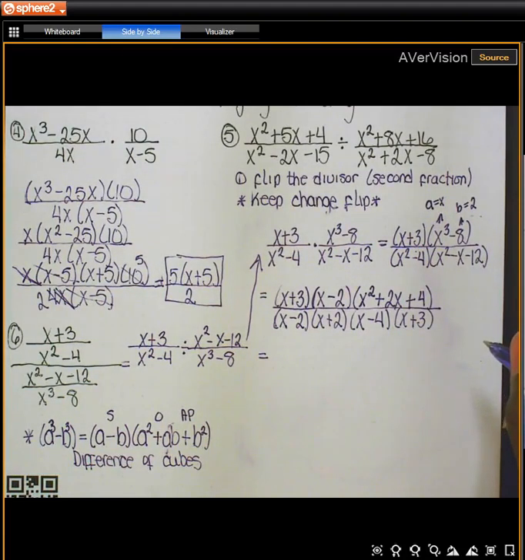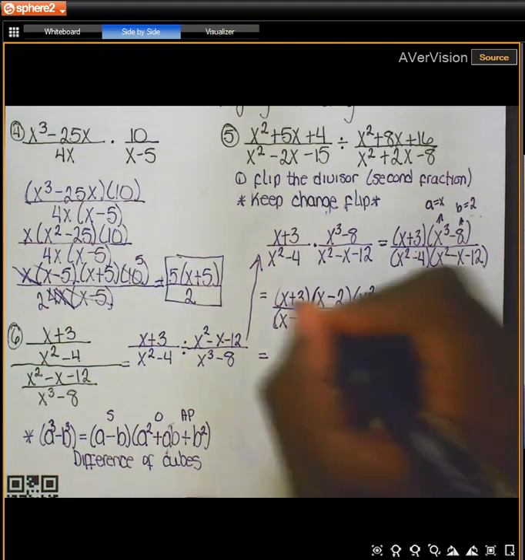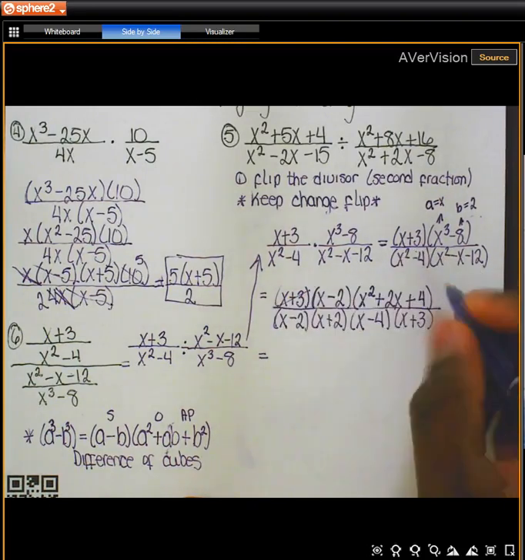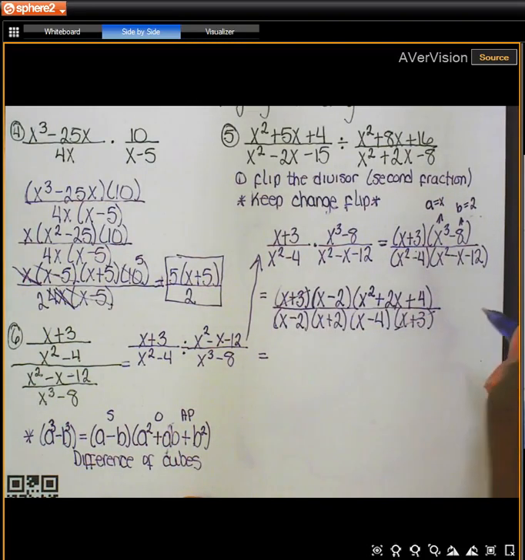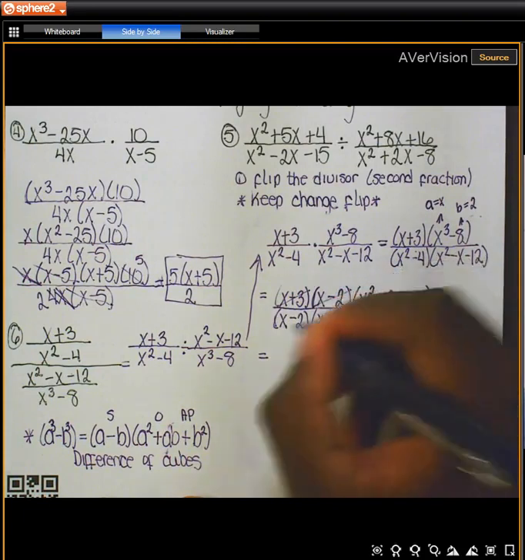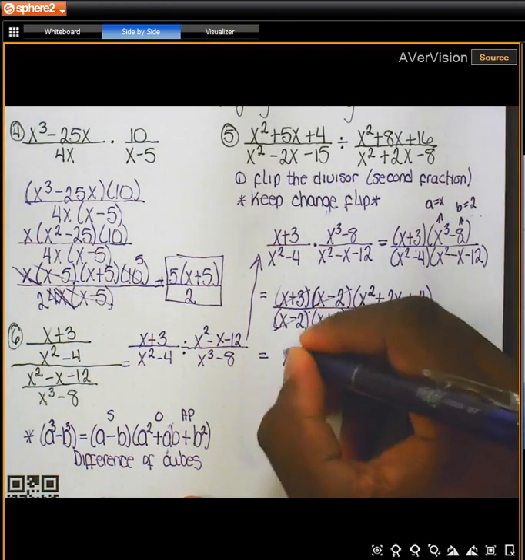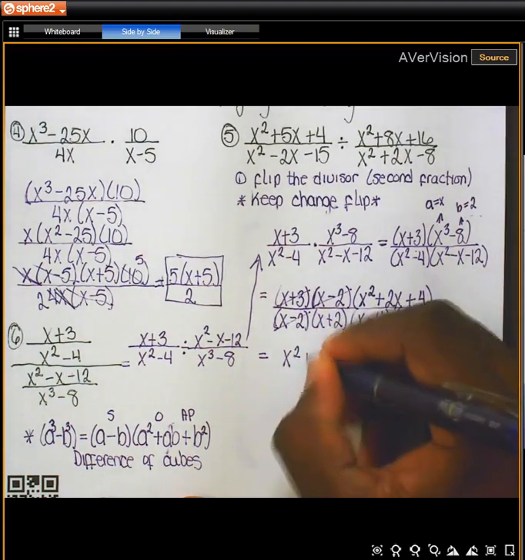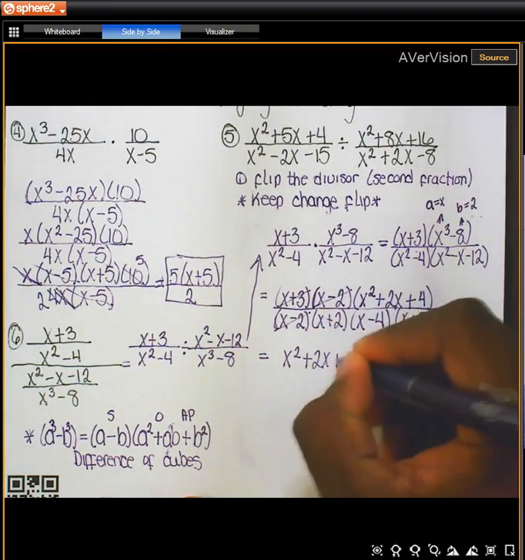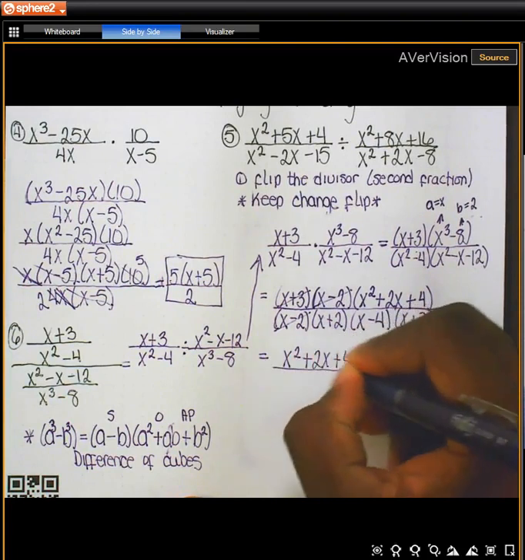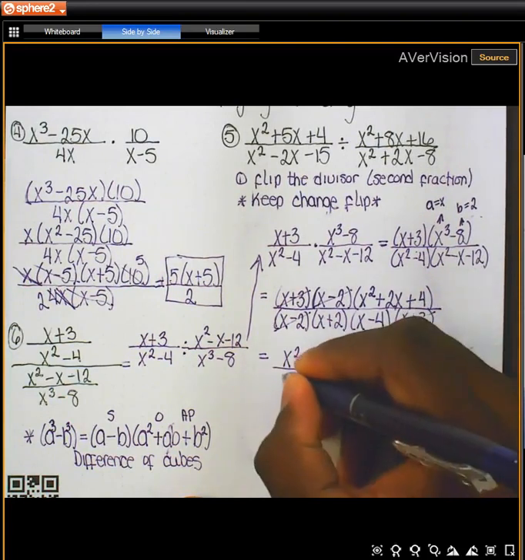We can start crossing stuff out. What can we cross out? We can cross out x plus 3 and x minus 2. Yes. So we're left with x squared plus 2x plus 4 divided by,